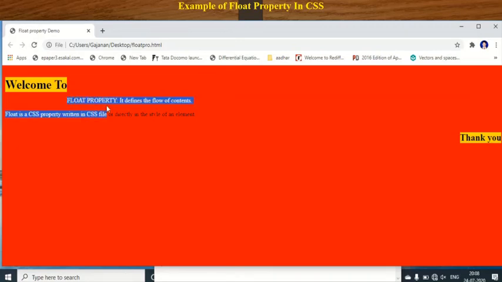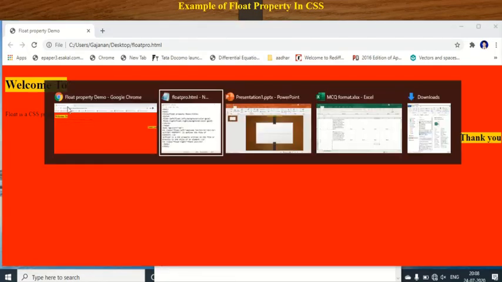Okay, that means whatever the information immediately below the first one, it follows this margin here. It cannot shift here. That means it follows the flow of contents, it defines the flow of your contents. Okay, clear?